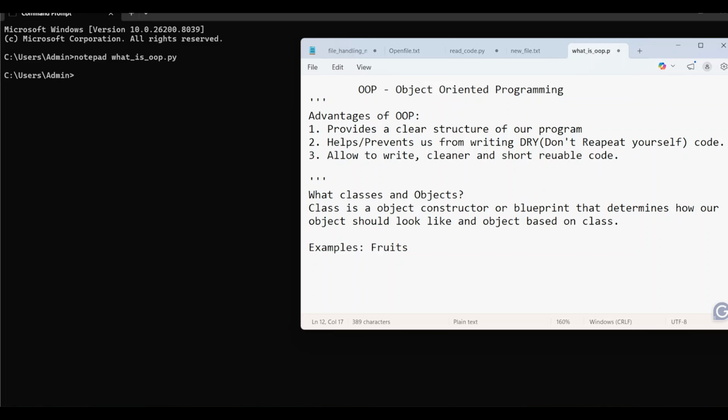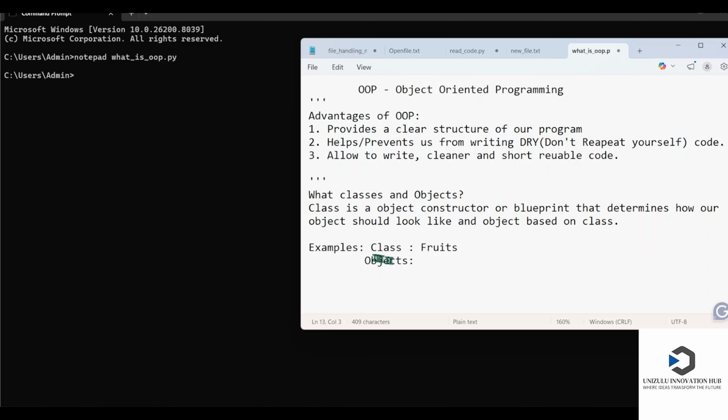We would say the fruit is the class, and then we would have the object. So let's say the class is the fruit, and then the object, well, you can name the fruits. Maybe we can say banana,